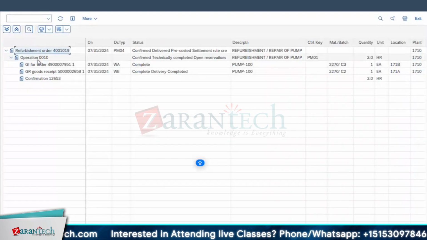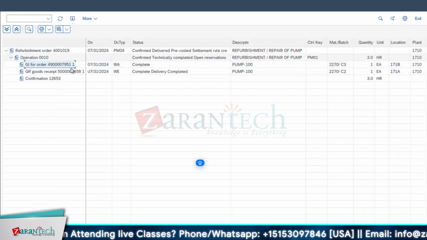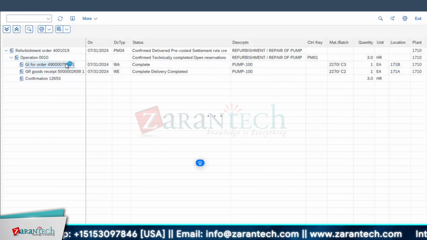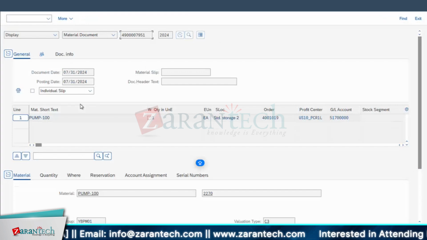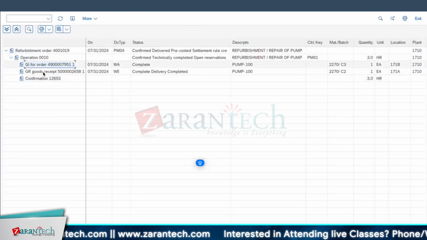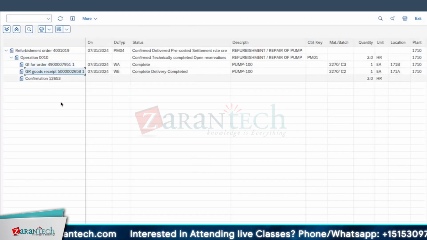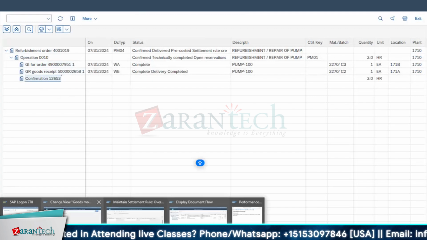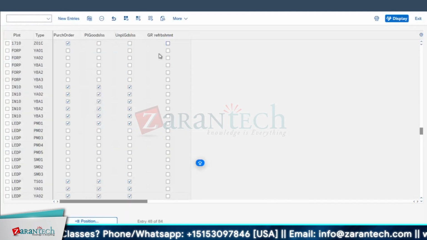Okay, if you go for this and operation is maintained, here goods issue is there. Okay, against this particular number, if you go for the goods issue, again it will refer to your document from here, and again goods receipt is there. Okay, and confirmation is there. All those things, like how it will appear. See, because of this checkbox. If it is not there, then what will happen? Okay, for these three things are mandatory for your normal orders. Okay, corrective maintenance or shutdown or calibration orders. Okay, this is mandatory again for goods receipt